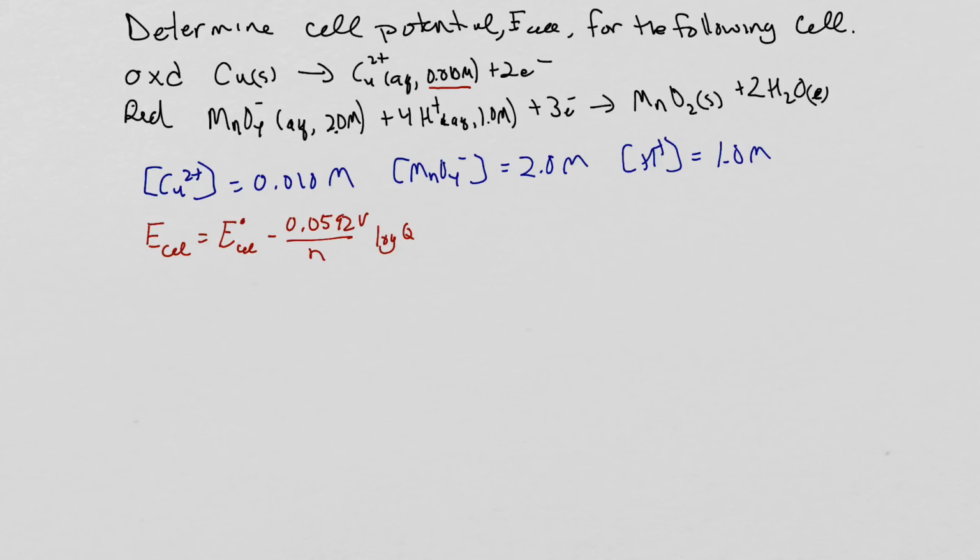Well, let's look at these one at a time. The first thing is we've got to calculate the standard potential. So we have to look up what these are in the table. If I look up the reduction of copper, these are reduction potentials, my E0 equals 0.34 volts,